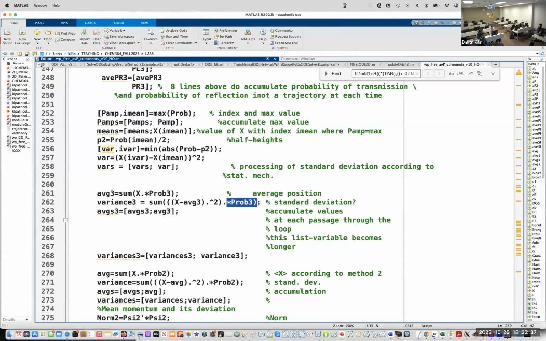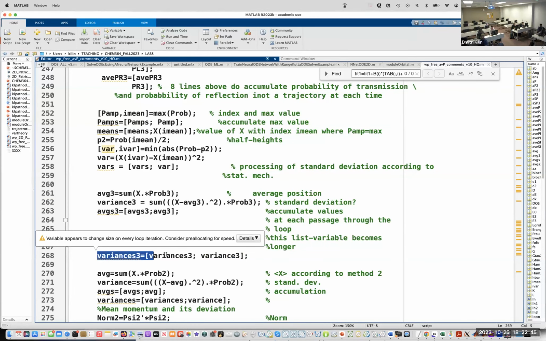In this version it is line 262. Variance, and then variance 3 just shows how this uncertainty progresses over time.